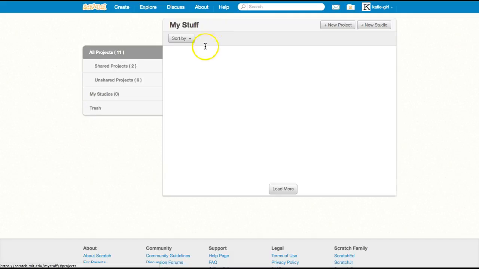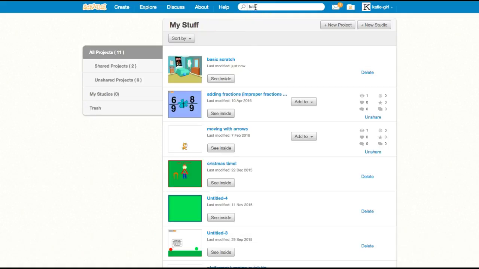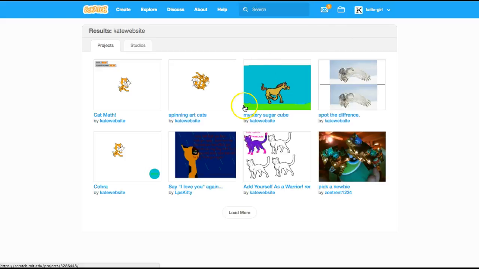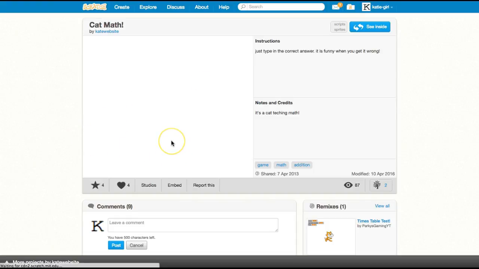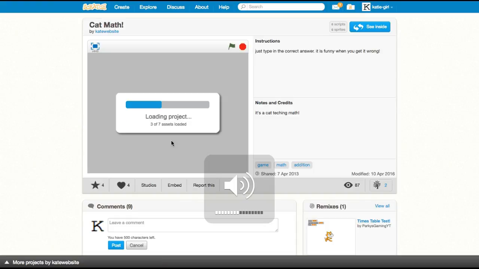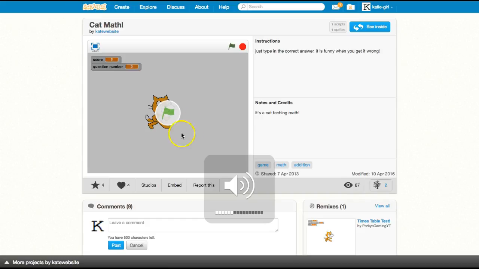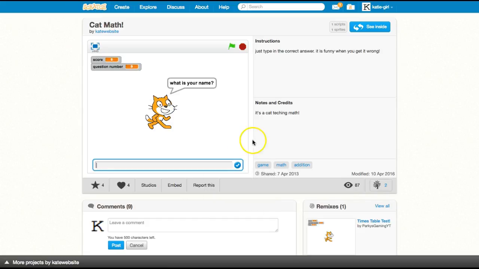I'll just go to my stuff and search Kate website. And this account I had from when I was really little, and I always did this. Let's see. Cat math. There it is. Okay. So what it does is it teaches you math. It says cat teaching math,